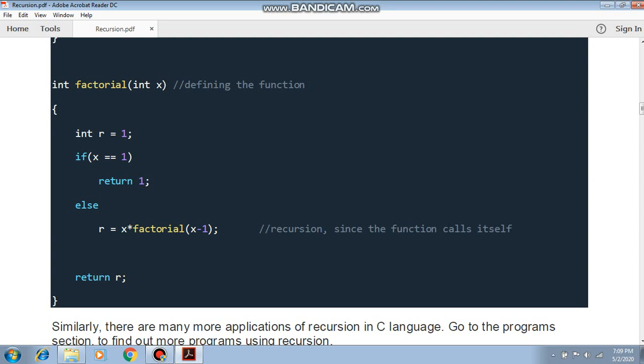In this way the recursion actually works to find the factorial, because each time we call the same function and decrement the value by 1. So x multiplied by factorial(x minus 1), we are calculating the value each time up to 1, and store the result in R, and this R will return. When you call the function, this R value will go to the calling function.